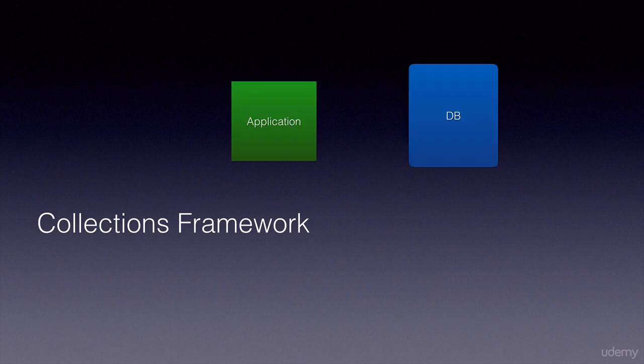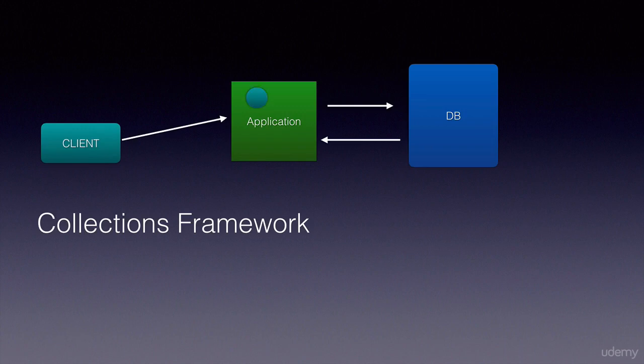When we build dynamic Java applications, we don't just deal with a static number of objects. We'll have a lot of objects that are loaded into the application. The client sends in some data, we store it into a data store, and then we retrieve it back and represent it in memory as Java objects. For example, for Facebook, this could be the user profile objects. For Gmail, it could be the list of emails of a particular user. So these groups of objects can represent different things depending on different applications, and their size keeps growing.